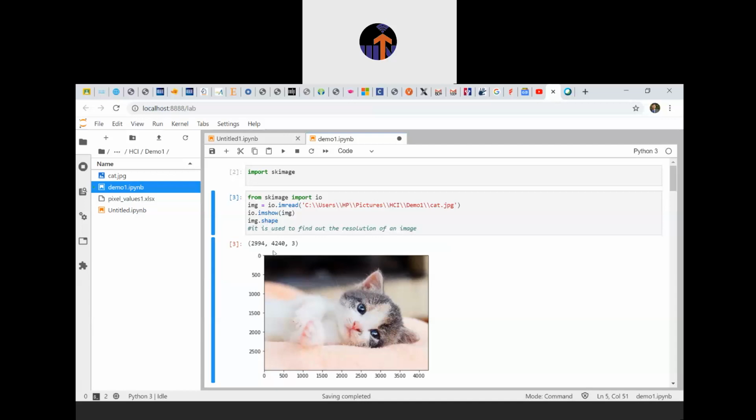Like the resolution of this image is 2994 cross 4240. And what is 3 here? 3 is the color space. So in this output, there are 3 color channels in the form of RGB, red, green and blue. It is not in terms of bit images, 0 and 1. In terms of bit images it should be one channel, but in the case of this image there will be 3 channels only because it is an RGB color image.